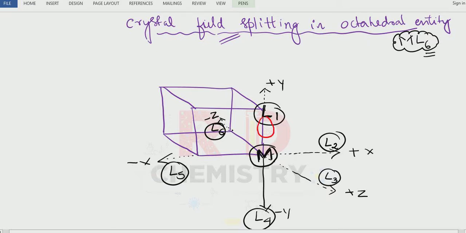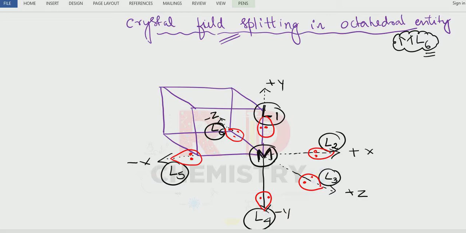Ligands also get orbitals, and they have got electrons in them, correct? So there are electrons on the ligands. What is the job of the ligand? Ligands donate their electron pair to the central metal atom and they form the complex, correct? But in case of crystal field theory, CFT, the metal-ligand bond is taken as an ionic bond, which is against VBT. And the 6th ligand also has an orbital containing electrons. Clear?